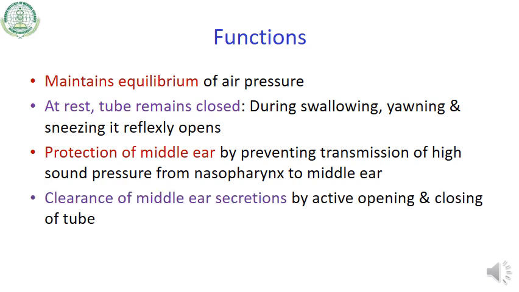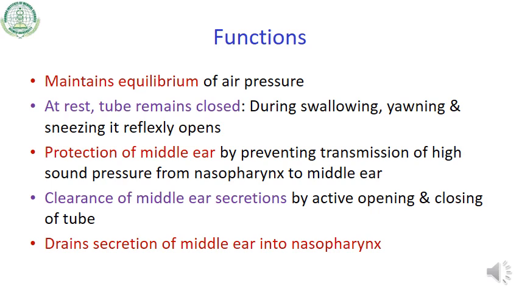It also clears the middle ear secretions by active opening and closing of the tube, as well as the cilia, which are beating towards the nasopharynx. So it drains the secretion of the middle ear into the nasopharynx. These are the functions of the pharyngotympanic tube or the